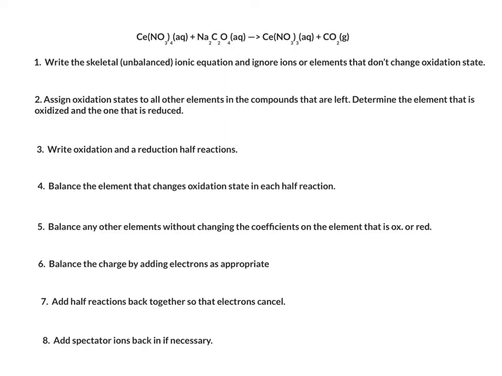Let's do another example that's maybe a little bit more challenging. So we've got a cerium nitrate aqueous plus sodium oxalate aqueous becoming cerium 3 nitrate and CO2 gas. So let's just go through each of our steps and see what we get. So the cerium and the sodium oxalate compounds are all ionic compounds, and so we're going to write them as their ions. So we have